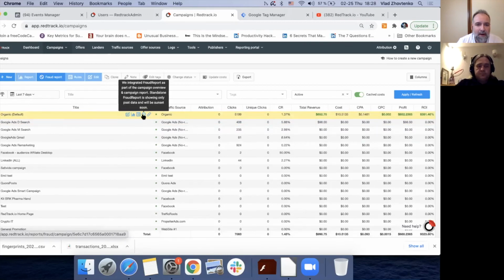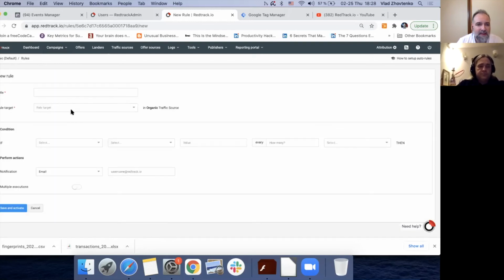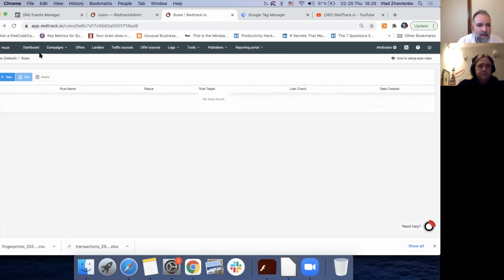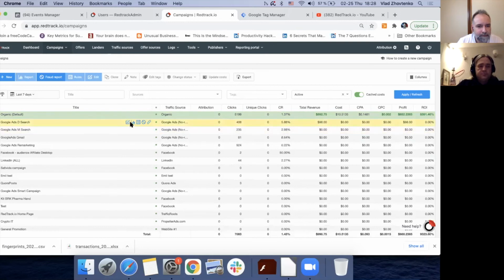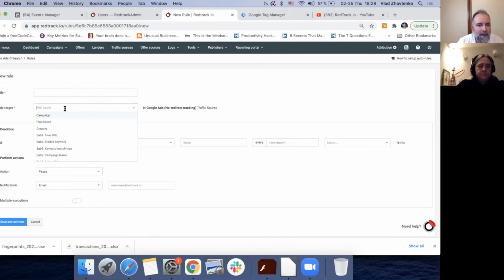We have automation. It's basically when you can set up what will happen. Let me again open it for the Google example. Like what can happen with a campaign if any of the KPIs, like conversion rate, is less than, I don't know, 1% after 10 conversions.